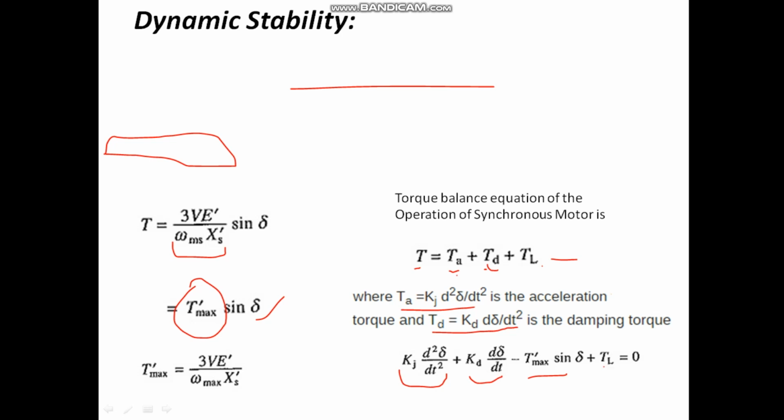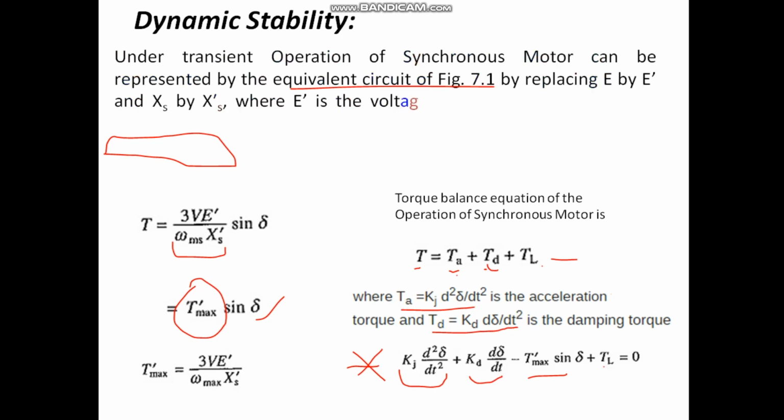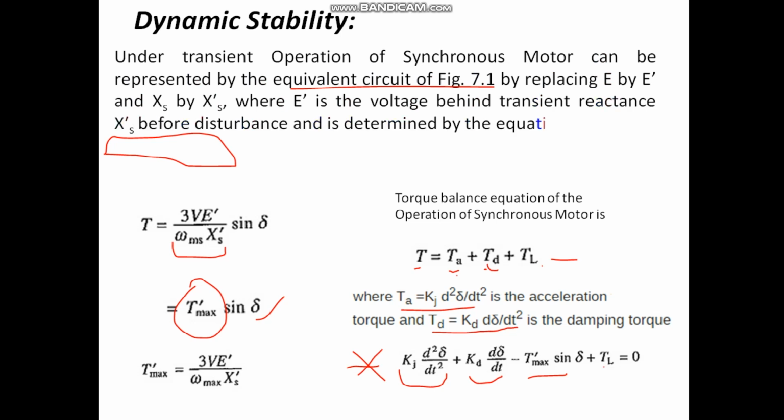So this equation is a non-linear differential equation. You can see this, right? It can be solved numerically to obtain the value of torque angle delta with time and thus ascertain the dynamic stability of the motor load system. So this is all about transients due to load disturbances, where you need to talk about dynamic stability and the steady state stability limit. This is important, asked for 10 marks, so carefully go through this. Thank you.